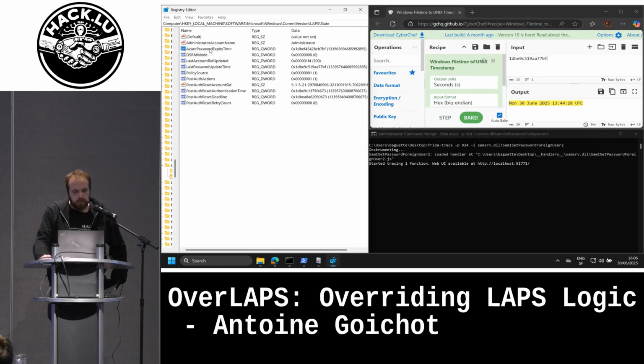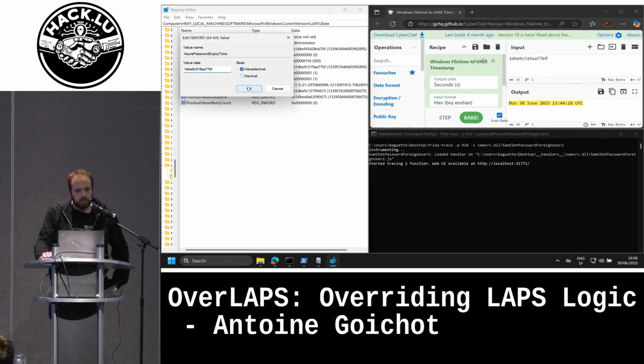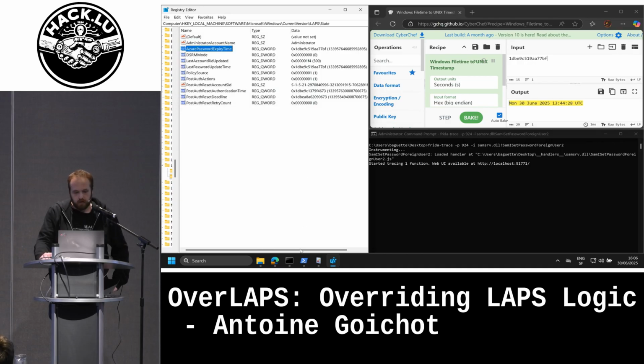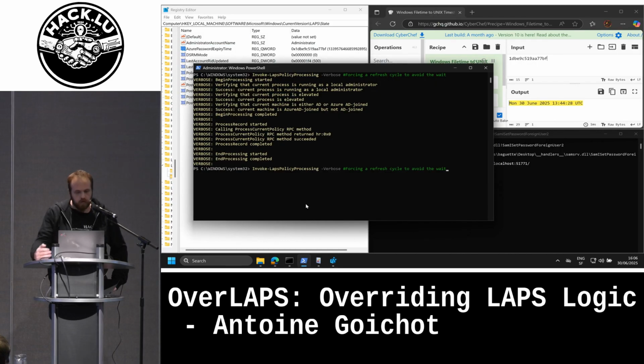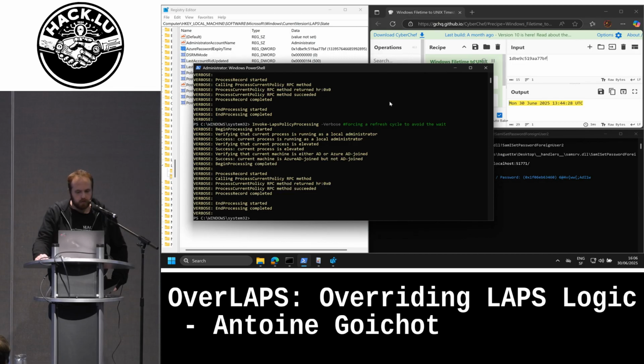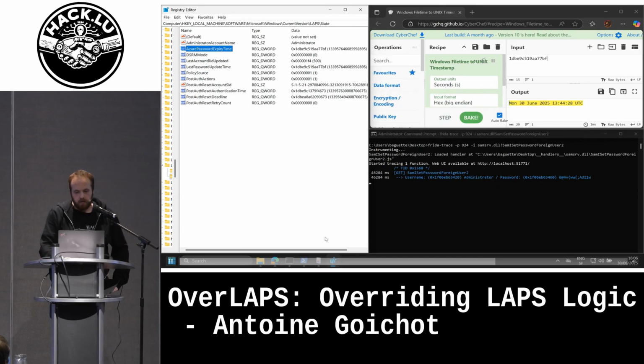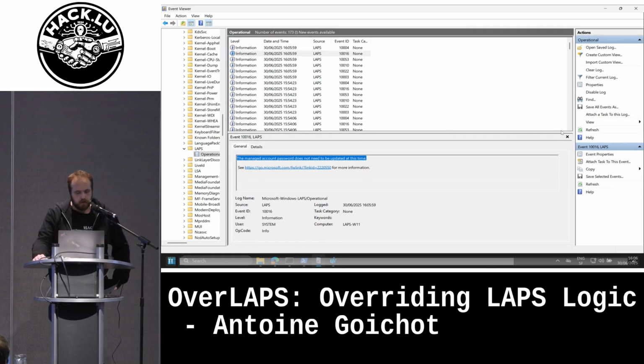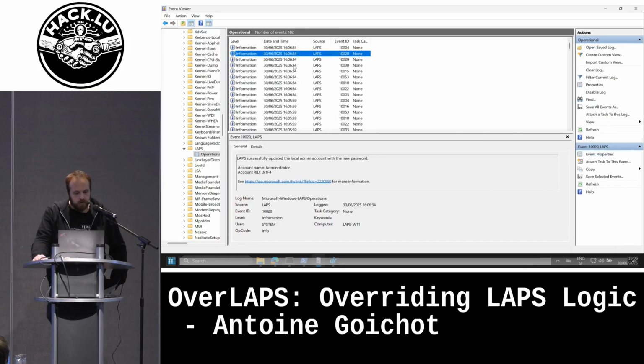So I will just copy paste the last password check and we'll put it in the expiration time. And run again the command to force an update, but again we can wait for 1 hour. And here you can see that we have captured a password, and if we look at the log, you can see that the password was correctly changed for the administrator, and the reason is it expired. So from the computer's point of view, the password was expired, so we need to change it.